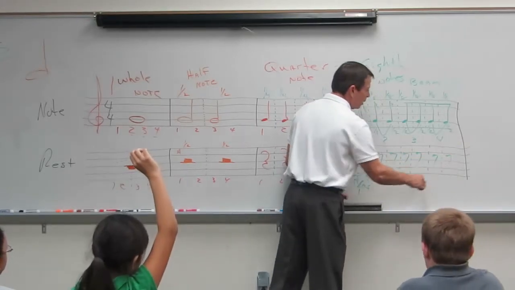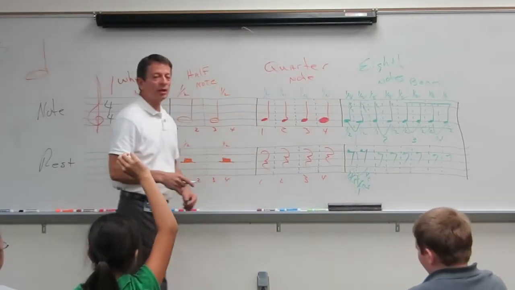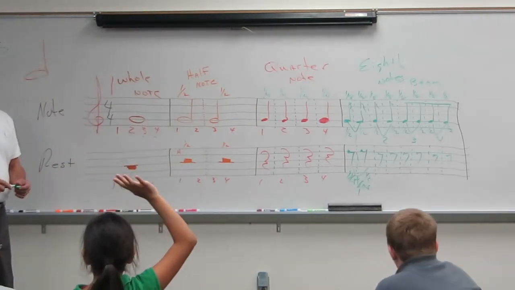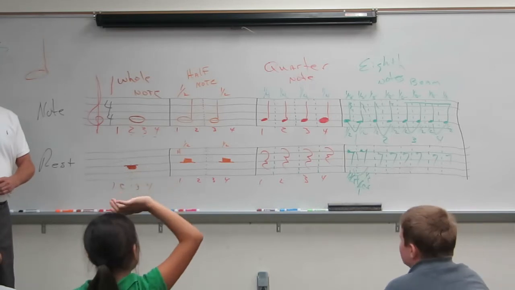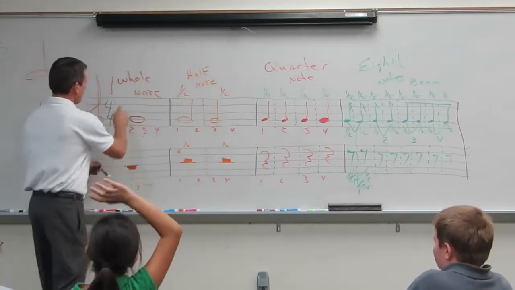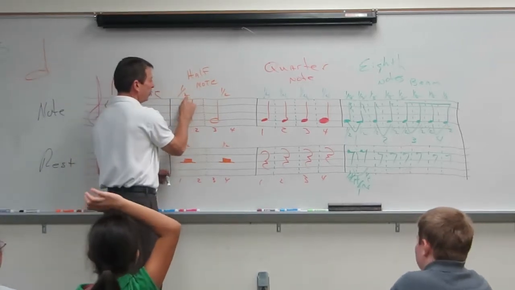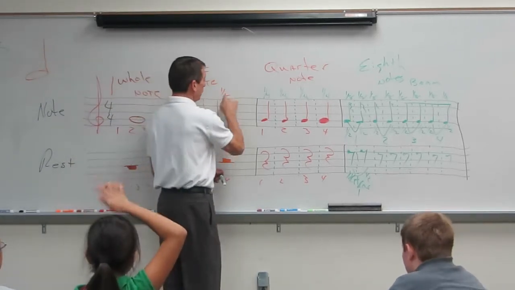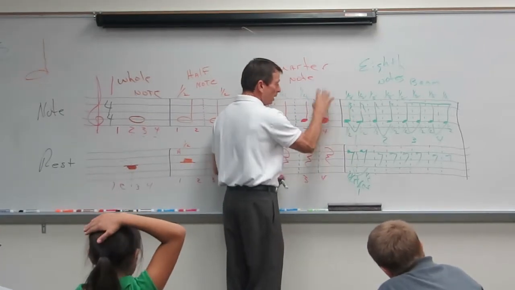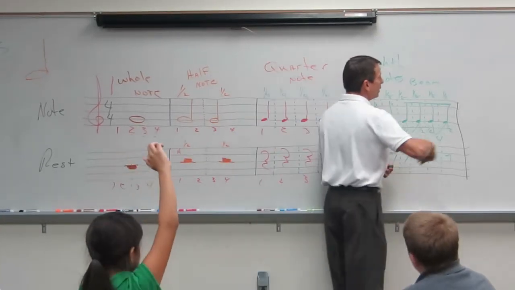Now, I don't want to put the next one up there, but I want you to figure out what it's going to look like. What would it be called? 16th note. Everybody? 16th note. So we went from 1 to a half. We doubled that because we cut it in half. We doubled those because we cut this in half, a fourth. We doubled those because we cut each one of those in half to an eighth. So the next one would have to be